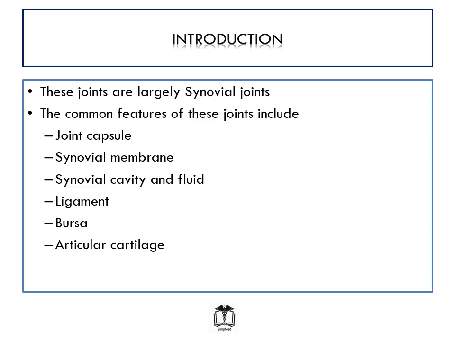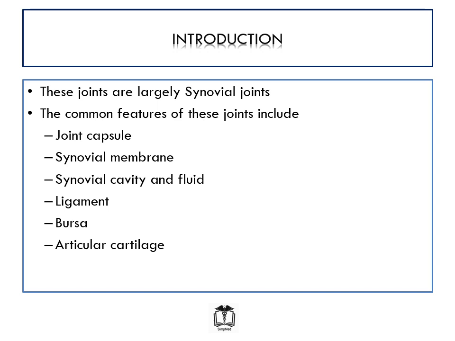One thing to note about the joints of the upper limb is that most of the joints of the upper limb are largely synovial. And this is very key to note. What exactly is a synovial joint? A synovial joint is one type of joint based on structure that has a combination of features that are unique to it. So features that we see in a joint that would make us classify that joint as being synovial would be